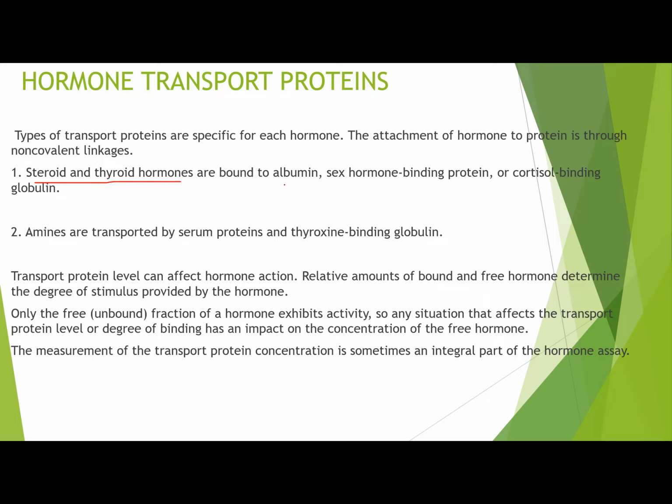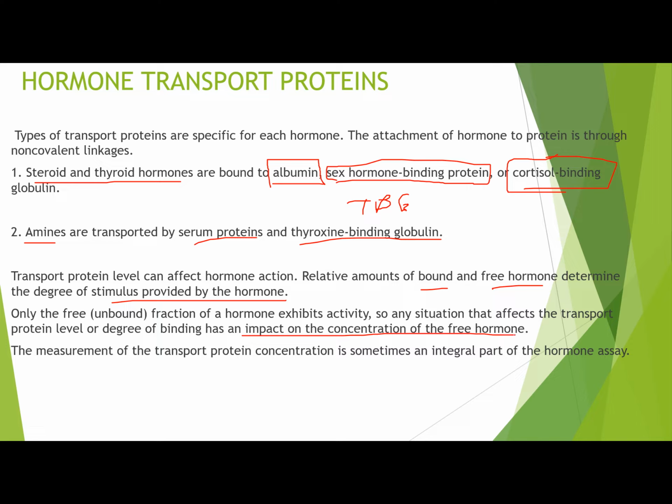Now, transport protein level can affect hormone action. Relative amounts of bound and free hormone would determine the degree of stimulus provided by the hormone. Only the free or the unbound fraction of a hormone would exert activity. So any situation that affects the transport protein level or degree of binding has an impact on the concentration of the free hormone. To understand this statement, class, always remember that